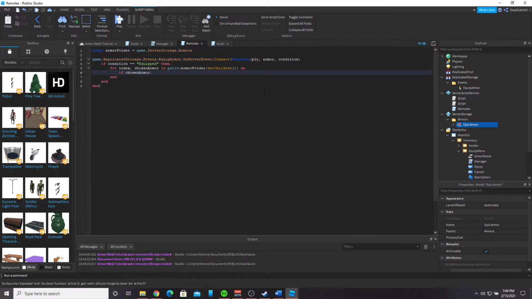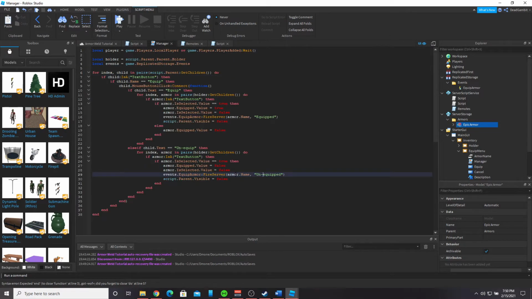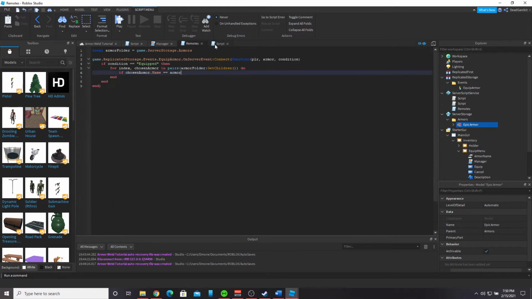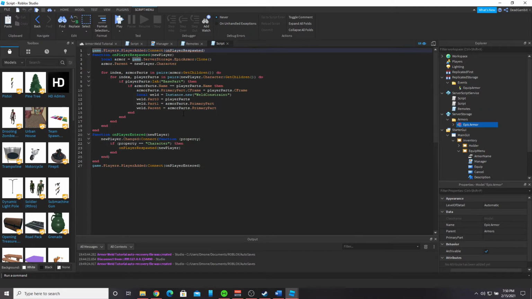if chosen armor dot name is equal to armor, because in the manager script we sent out the name. And this armor is in reference to what's in our remote function, what was carried over. So that's what it's looking at. So if the name matches the name that we sent over, then that's when we come here